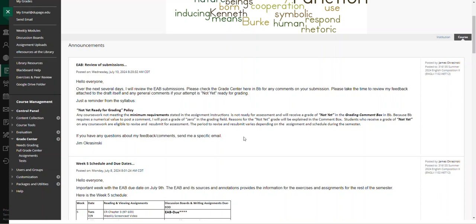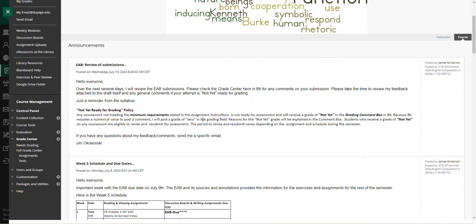There's been a few instances where this has been invoked. You are totally allowed to revise, take my comments, resubmit. I will grade you on your new effort. There is no late penalty or anything like that. What I'm looking for is an assignment that meets the minimum requirement. That being said, if you receive a grade that you aren't happy with and you want to make some revisions and resubmit, I'll be more than happy to look at that particular revision and grade it accordingly. So be aware of that.